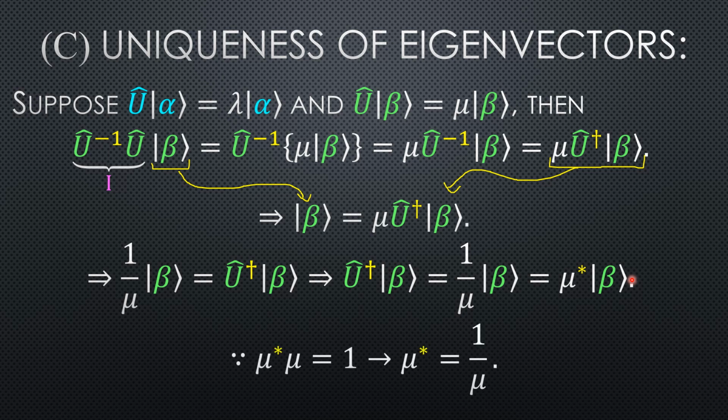This is because we just showed in part B that the modulus has to be 1, right? So if mu conjugate mu equals 1, then we know that mu conjugate equals 1 over mu. I don't know why I keep saying U. Mu conjugate equals 1 over mu, so we're good there. And that's why we can satisfy this. All this now comes together